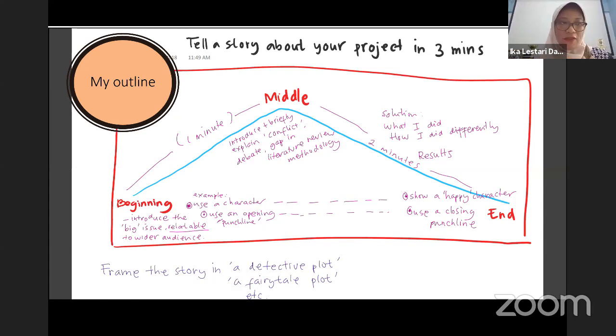And this is what I find interesting, is that I try to match the ending with the beginning that I set up. Because I show my character in the beginning with his problem that I solved through my intervention, and I show the result where the character that I introduced earlier can solve the problem, thanks to the intervention that I did in my research. So that's how I try to convince my audience that my research is significant.